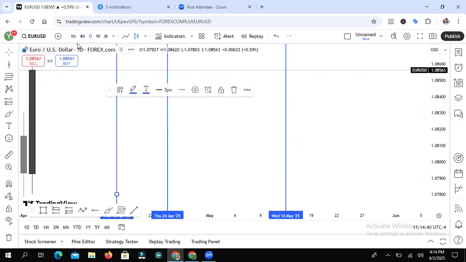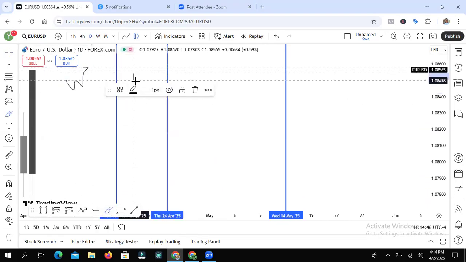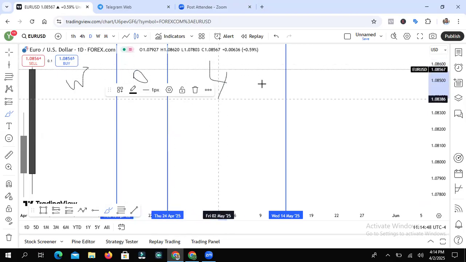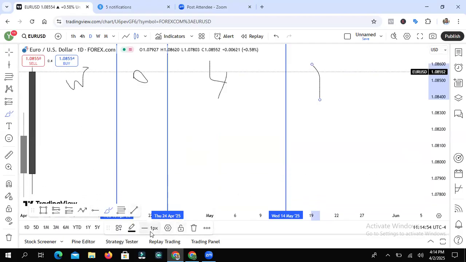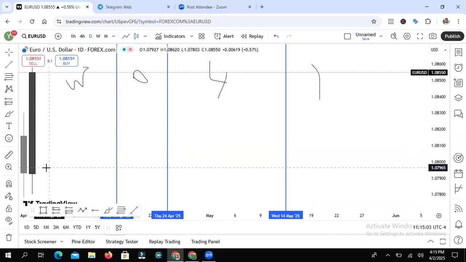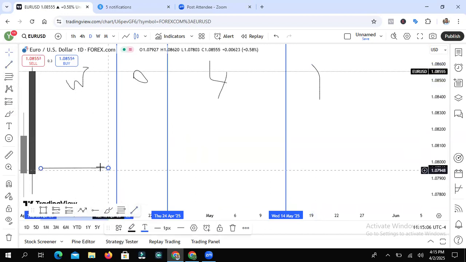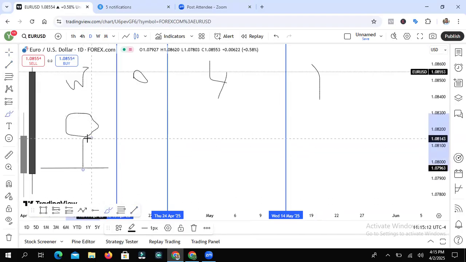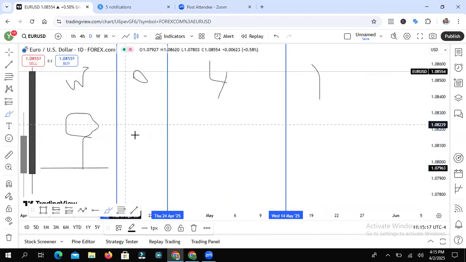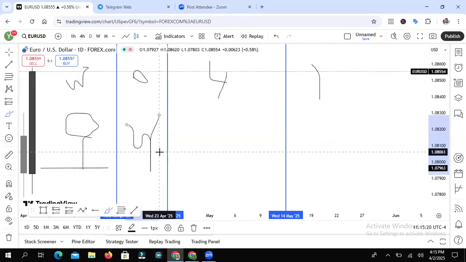Okay. So if this is your weekly time frame again, I just want to briefly go over it. This is your weekly, this is your daily, this is your 4 hour, and this is your 1 hour time frame. What do you want to see around the key level? If this is a weekly key level, you want to see weekly reject weekly and a candle closure above it. On the daily, like I said, it should give you a liquidity sweep and a break of structure, something like this.